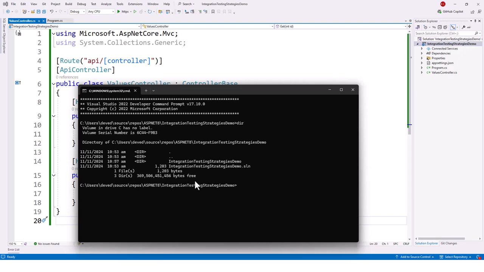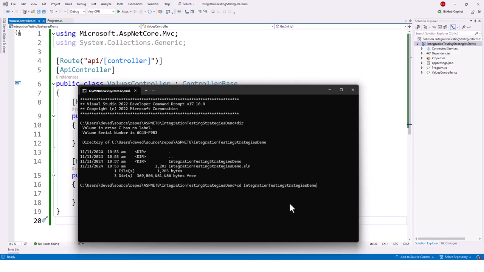So I have to cd to the integration test strategies demo directory within this upper level root level directory. So cd to